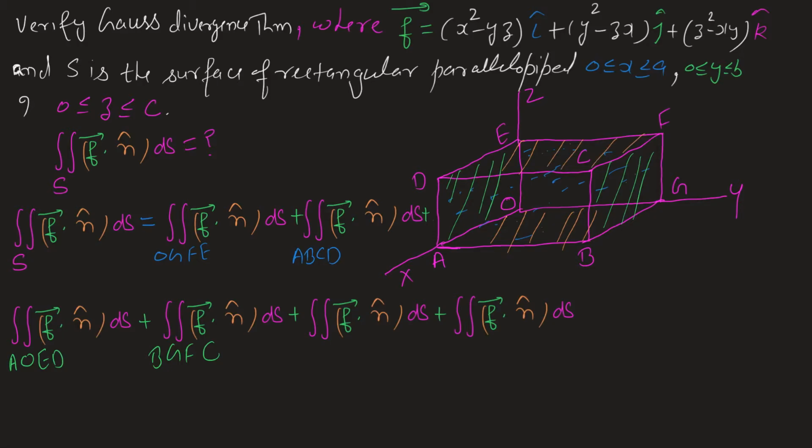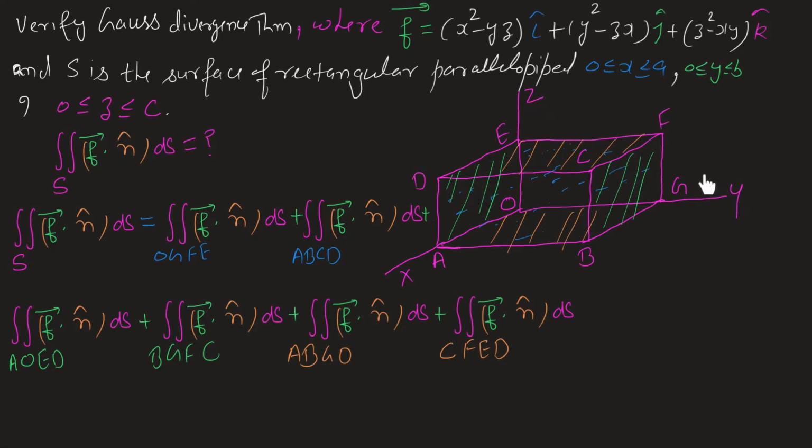So I'm going to name it as A, B. This is A, B, G, O, and the upper face is C, F, E, D. So these are the nomenclature of the 6 faces. Now if we further see this OGFE,